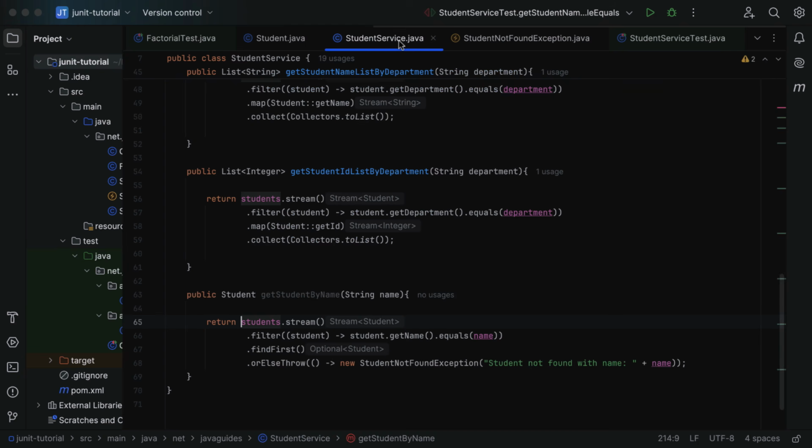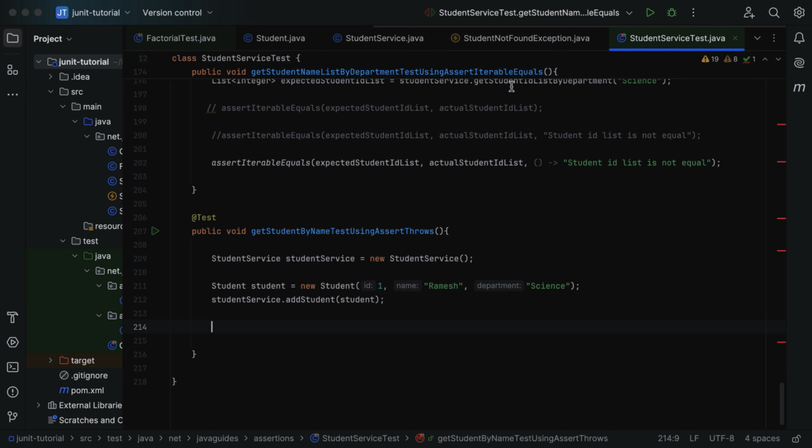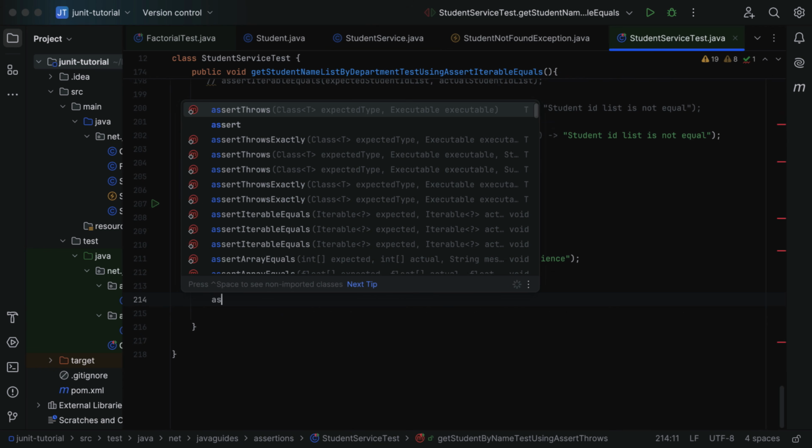Well, if you go to StudentService, here we have created the getStudentByName method, and this method throws the StudentNotFoundException if the student is not available in the list, right? So basically we are going to verify that this method throws this correct StudentNotFoundException or not by using the assertThrows method. Alright, so let's go back to the StudentServiceTest class over here, and here just call